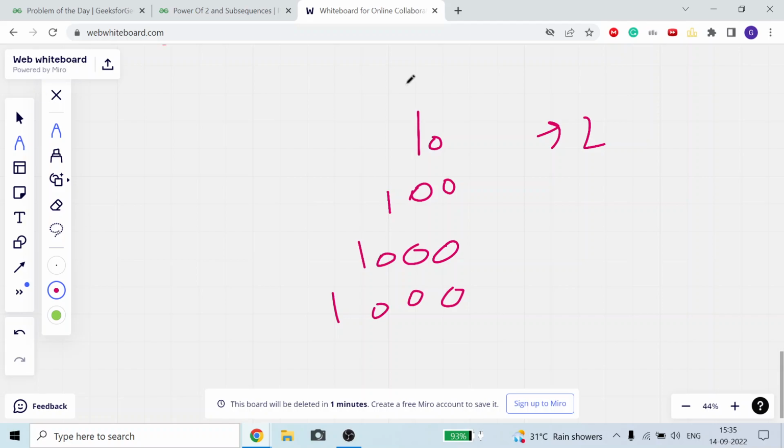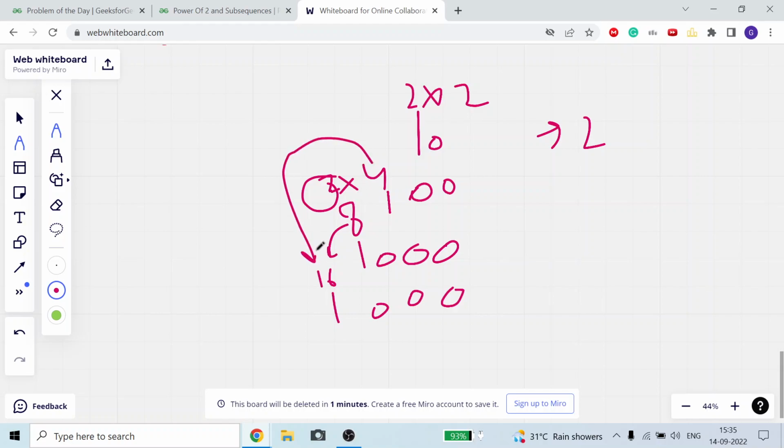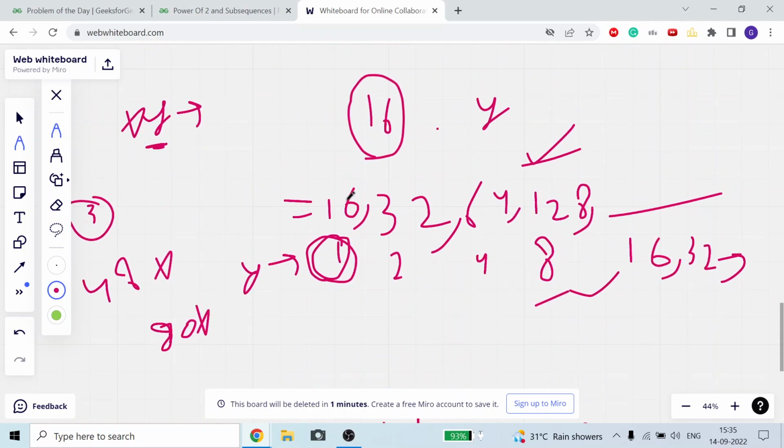This is 2, this is 4, this is 8, this is 16. To make 2 into 4, we multiply by 2. From 4 to 8 we multiply by 2 again. From 4 to 16 we have to multiply by 2 squared, that is 4. This proof is not required at all. If you are a pro in this calculation, you can write it as well. For now, just remember, for x a power of 2, if a number y can be multiplied with it, then y should also be a power of 2.